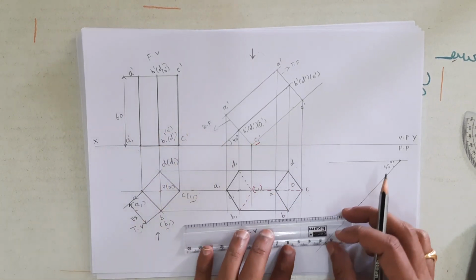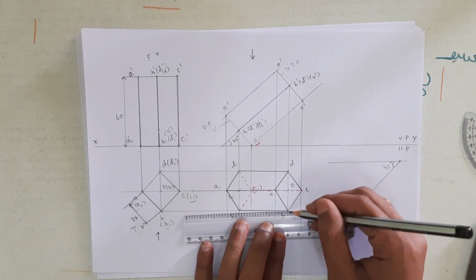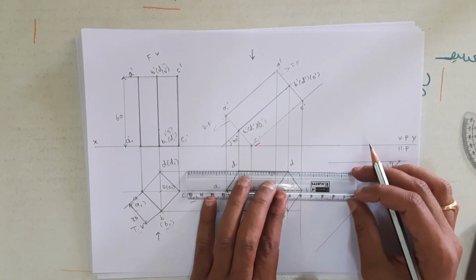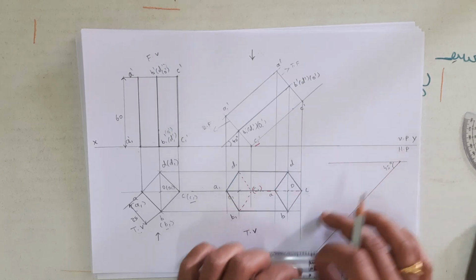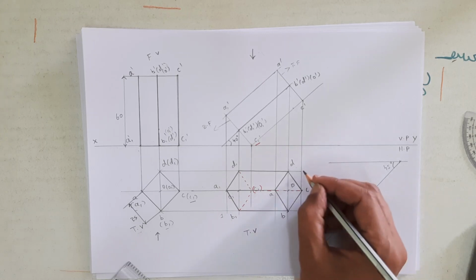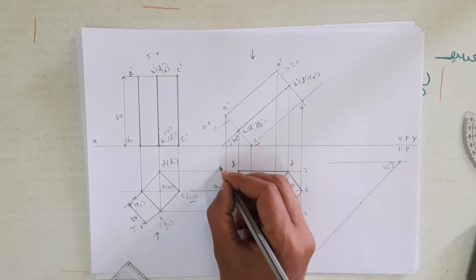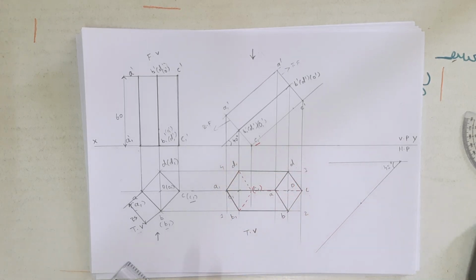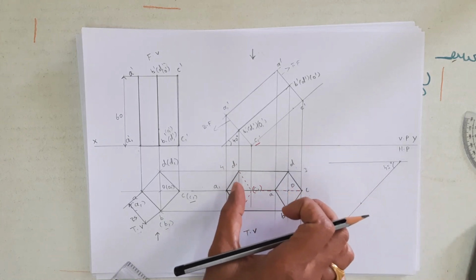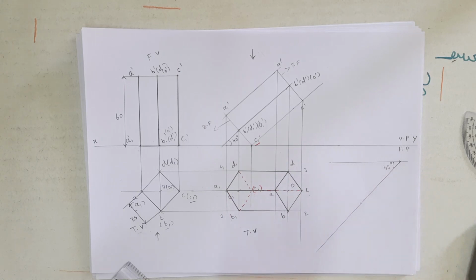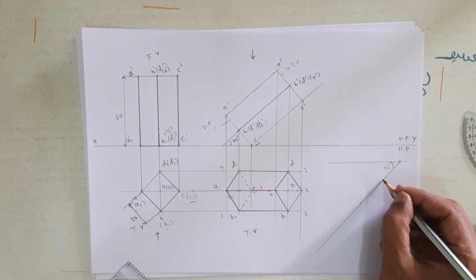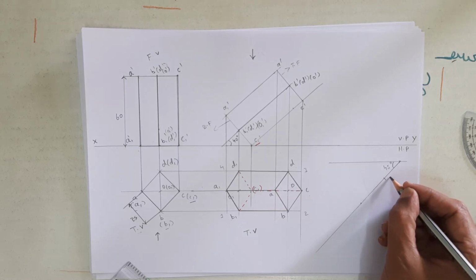Now I am going to enclose this in a box so that it is very easy for me to shift this object from here to there. I am going to name it 1, 2, 3, 4. In all my drawings I am going to draw in such a way that the bottom face always comes near to the observer. Therefore first I am going to locate the corner C.